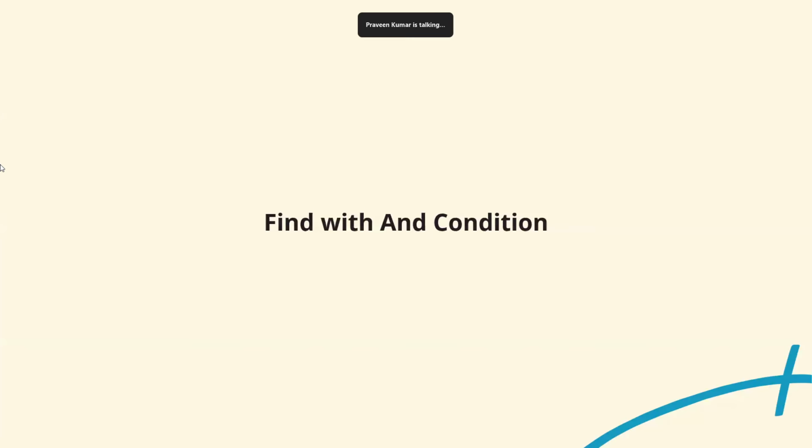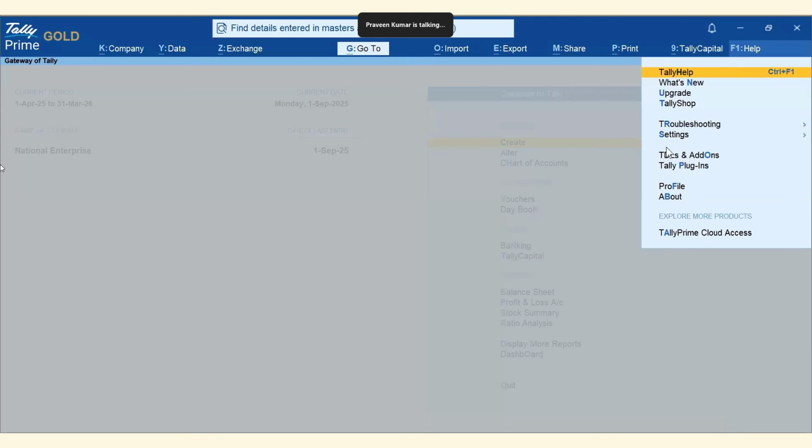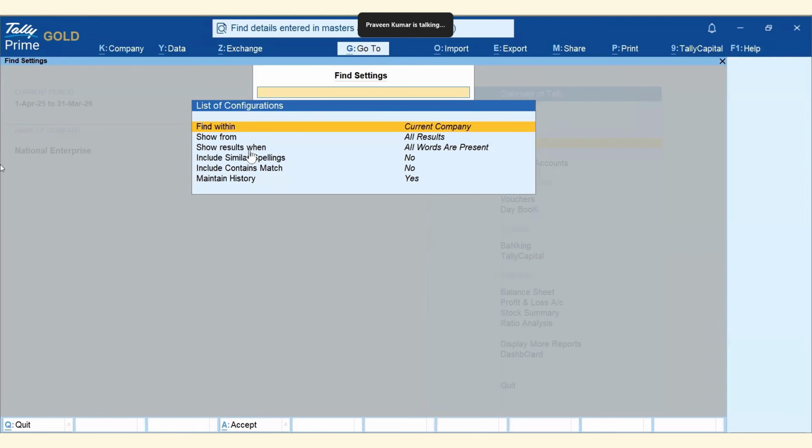Next is find with condition. If the customer remembers the keyword, he can just enter the keyword or a number he is looking for. But let's say he might not entirely remember the appropriate wordings or the name of the master or any detail, right? In this case, how do we find with a condition? Right at the top, I'll go to help, then settings, and click on find. I'll enable this option, show results when all words are present,